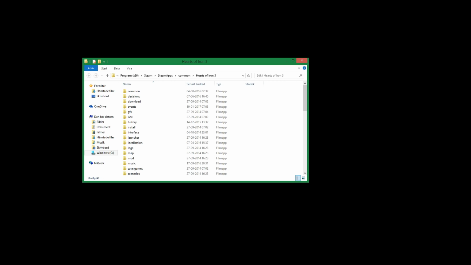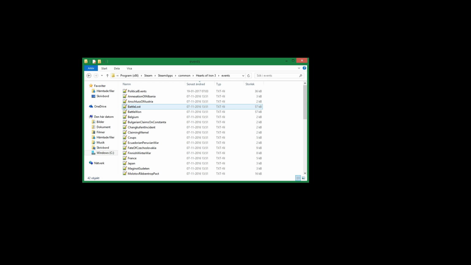So of course you will need to get a recording program to record the game, such as OBS or Fraps or anything else. Search for one on the internet, see instructions for how to download and use the program. Once you have set that up, do the following. Go to your HOI3 folder, into events,